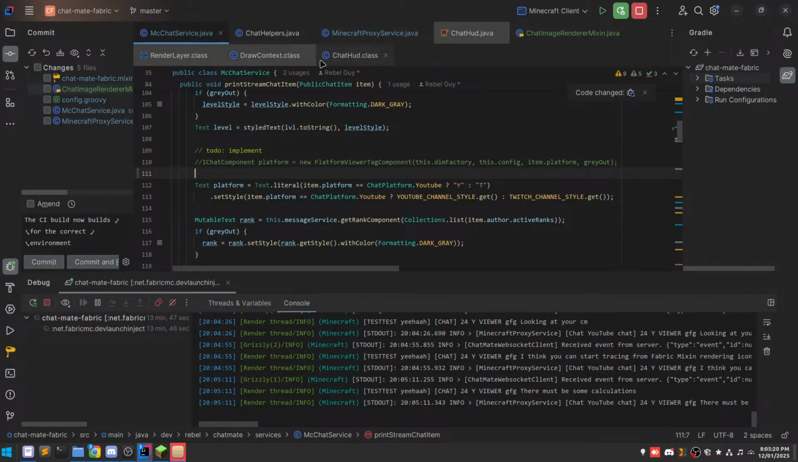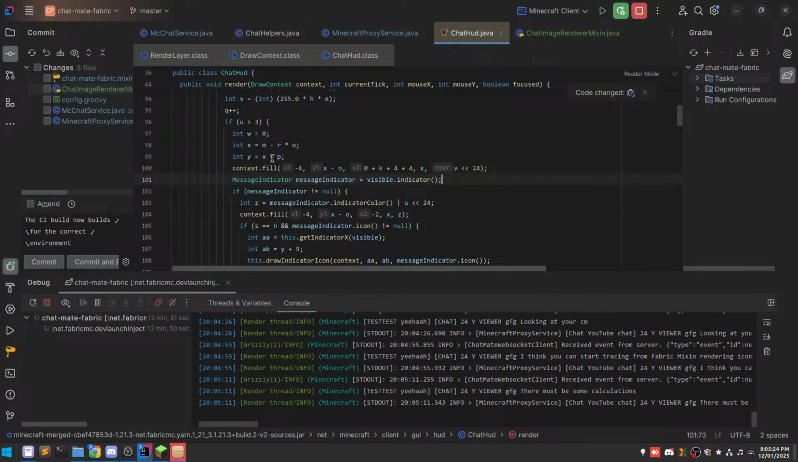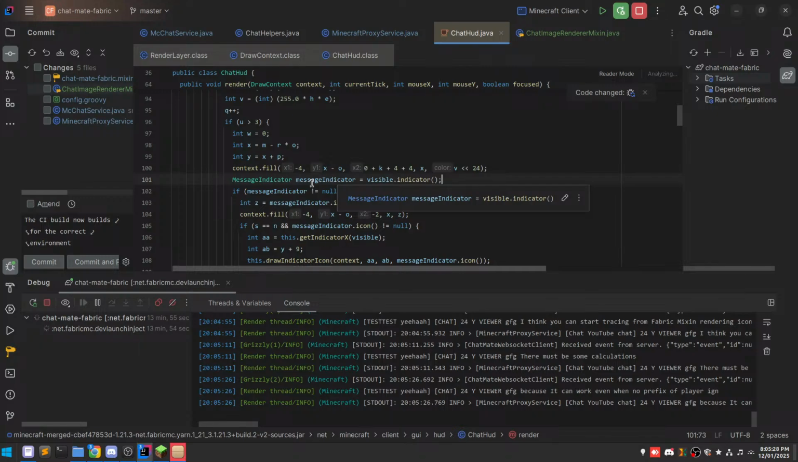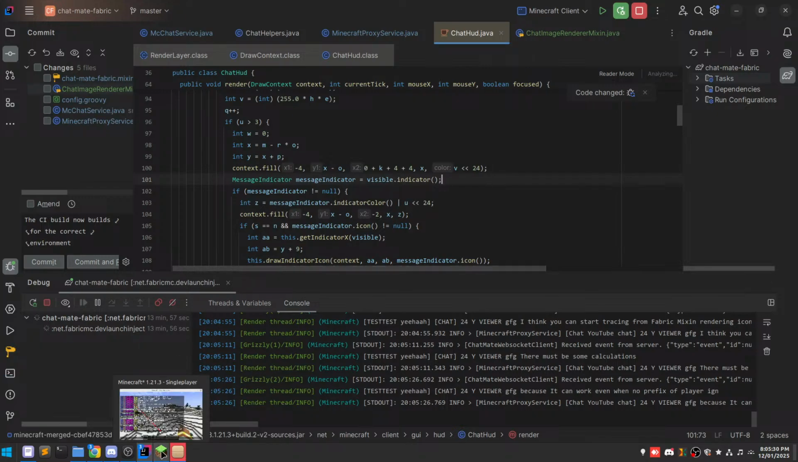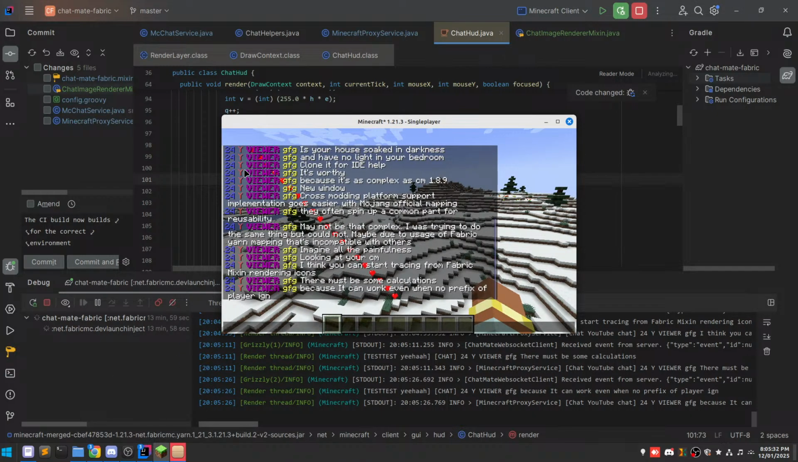Because where is it calculating? Okay, let's figure out where it's getting the x coordinate. So a message has multiple parts, right? Because a text component can have siblings. That's why we get a viewer component here, we've got the name and then the message itself, that kind of